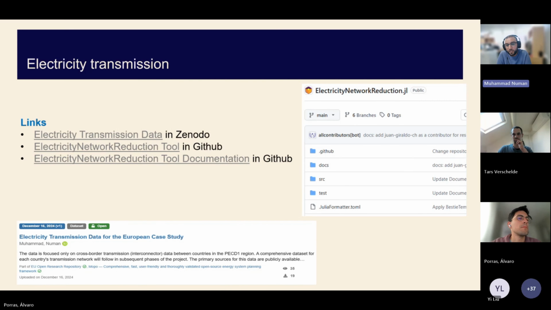And also it has visualization. After the tool works, it gives you a network visualization of the map and provides the original network, and provides Excel files to have a complete analysis of the original network and the reduced network. And yeah, this is the tool that we have used, and we are also trying to improve it to include further functionalities so that it can be used by a wide audience to reduce networks in other case studies.